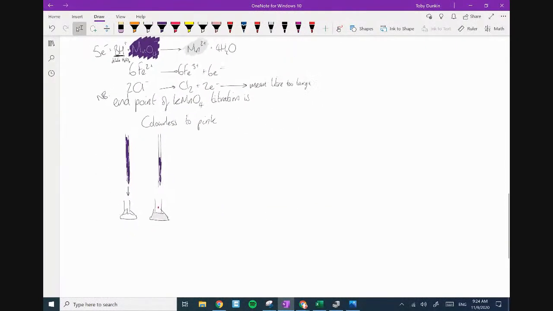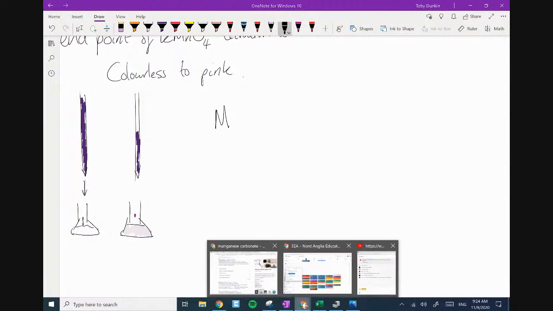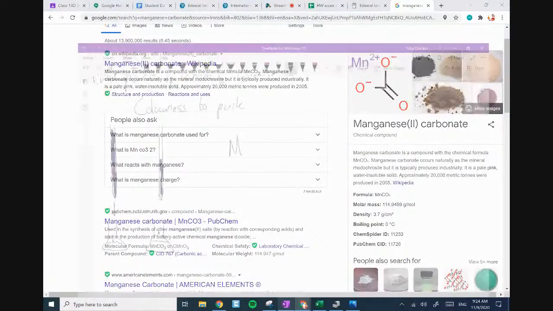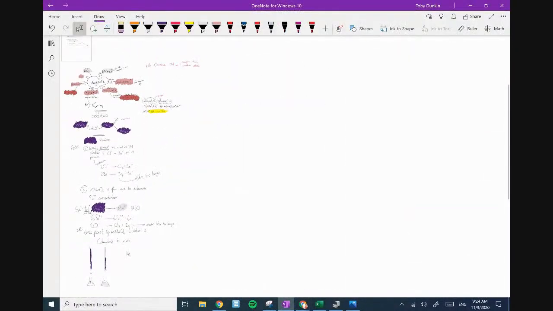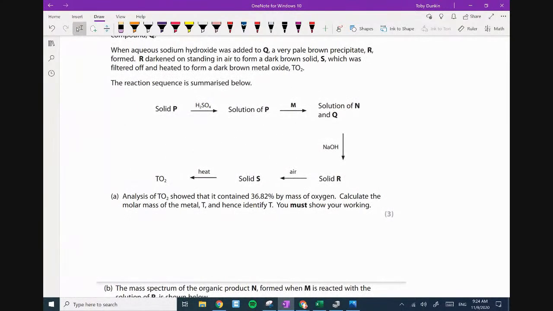Now, the next thing is, what's the extra color? If you do this and you don't add enough acid, an awkward bit happens. If you add a reducing agent like zinc, they've done this. I want to have a look at the question, because the question does this properly. They actually give a really good example of when this other complex forms, which is over here. There we go. So on standing with air